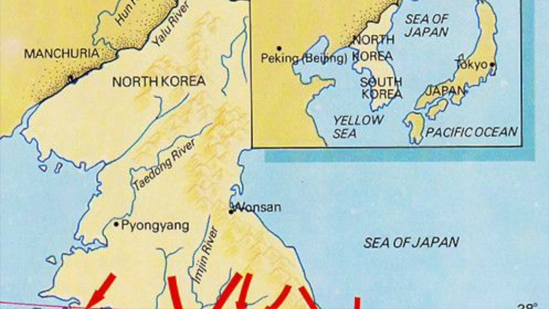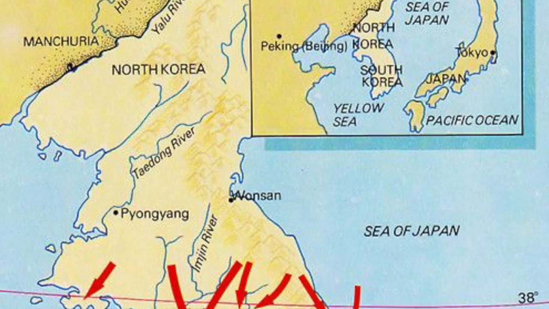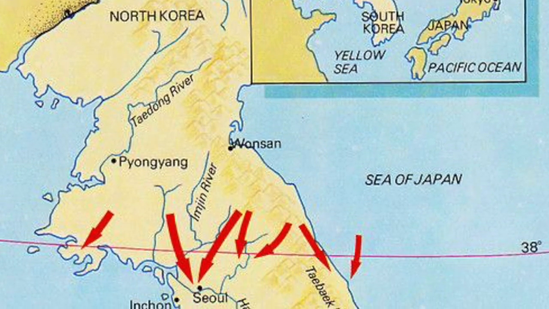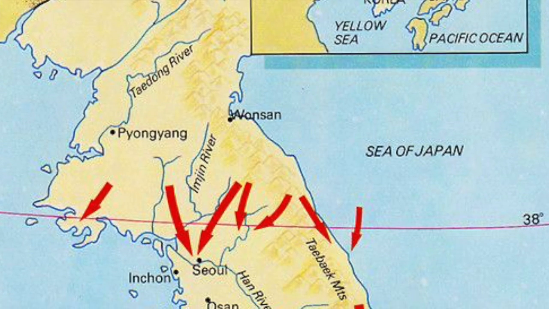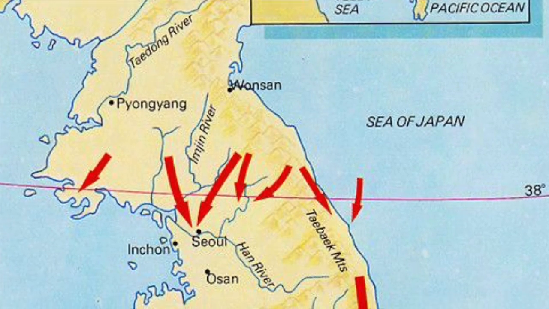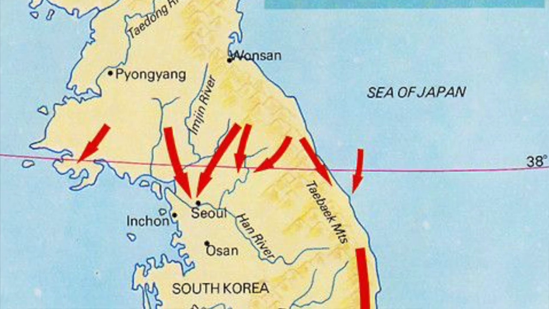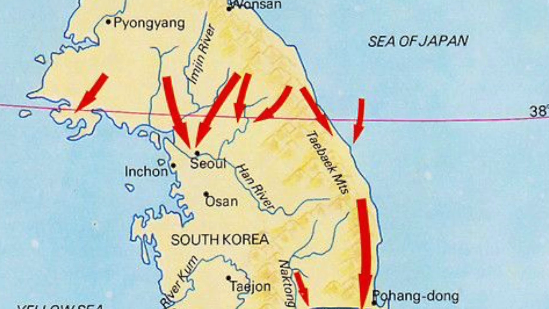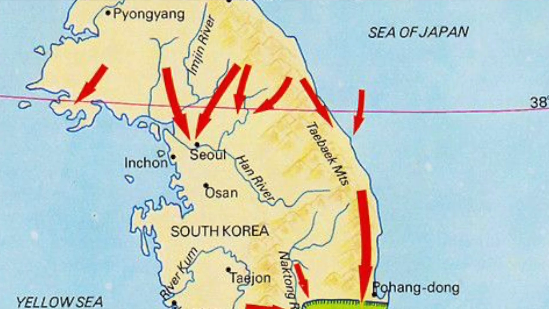Let's go to Korea. The Korean War began on June 25, 1950, when some 75,000 soldiers from the North Korean People's Army poured across the 38th parallel. This is the boundary that was between the Soviet-backed Democratic People's Republic of Korea in the north and the pro-Western Republic of Korea in the south. This invasion was what we consider to be the first military action of the Cold War.